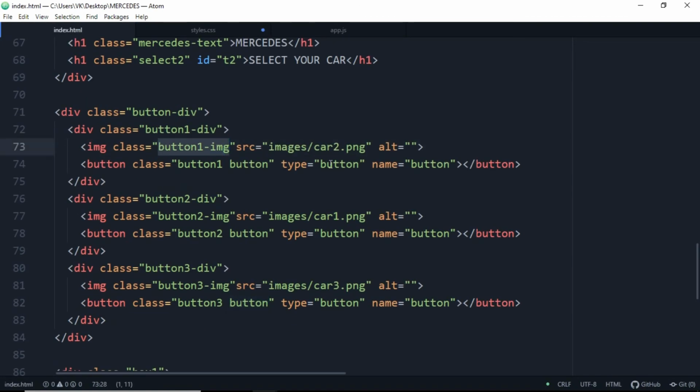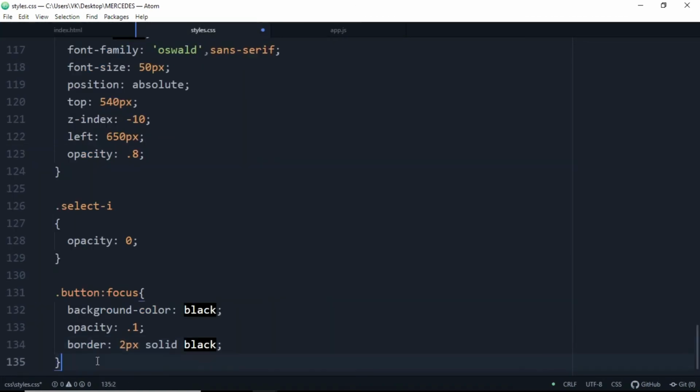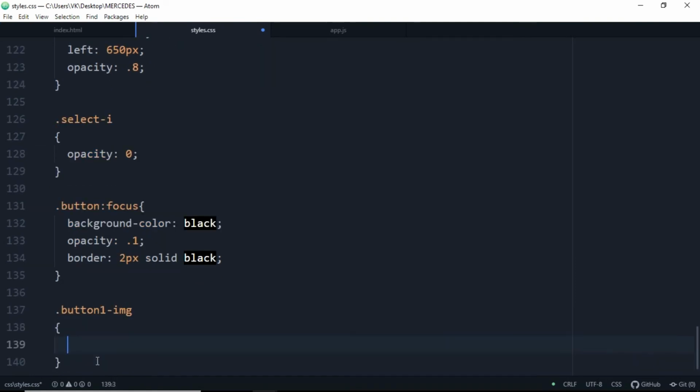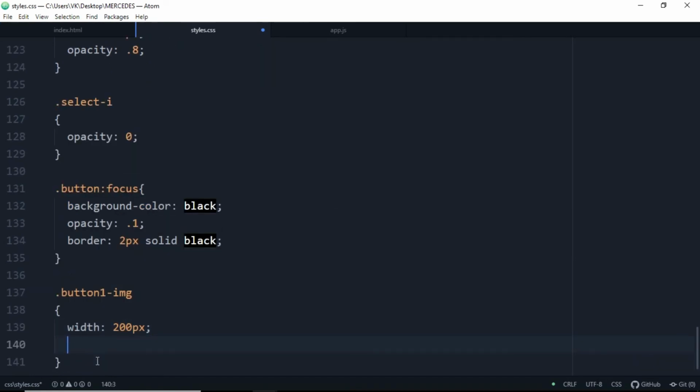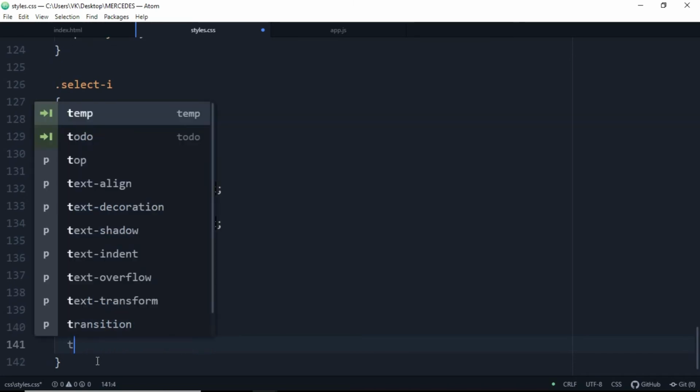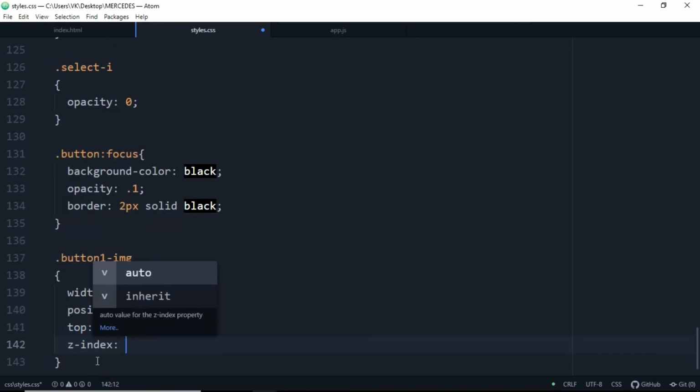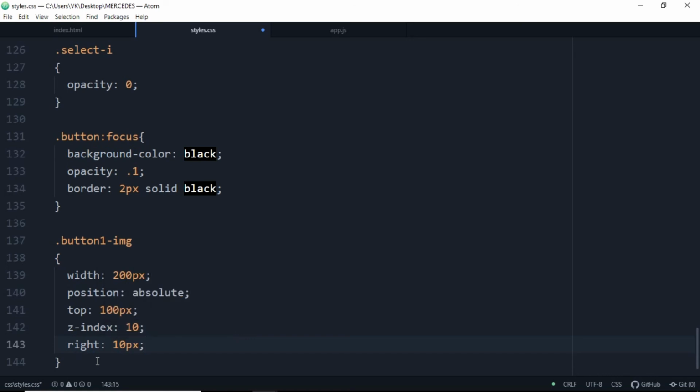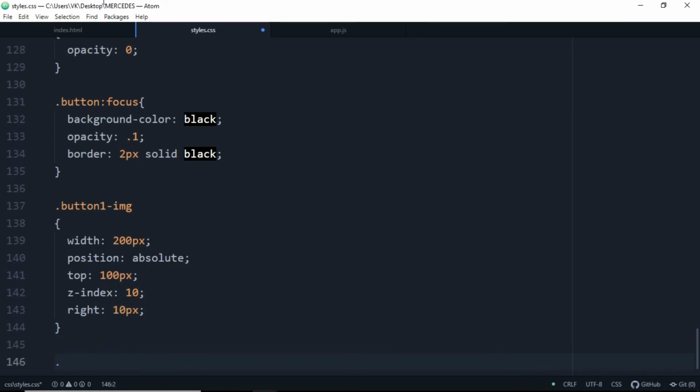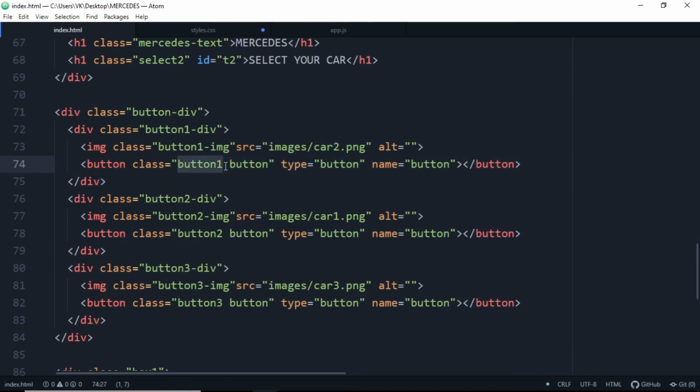So let's access the button 1-image, which is car 2, and this time the car 2 gonna have all its fields. From top it will be 100 pixels, Z index will be 10, right will be 10 pixels. So now let's go down and let's access this button 1 from here.